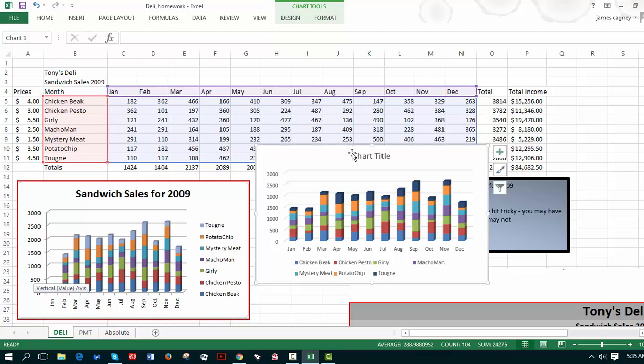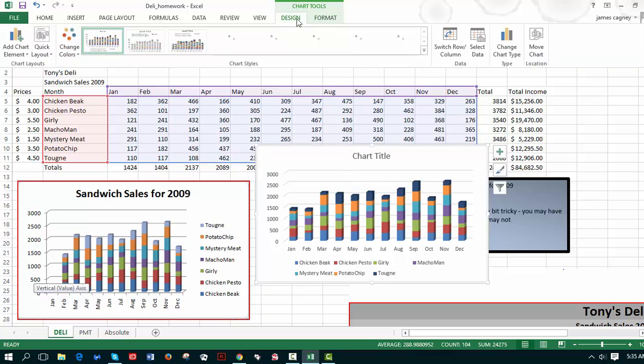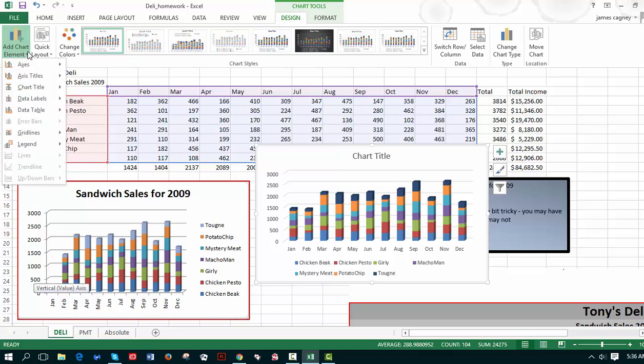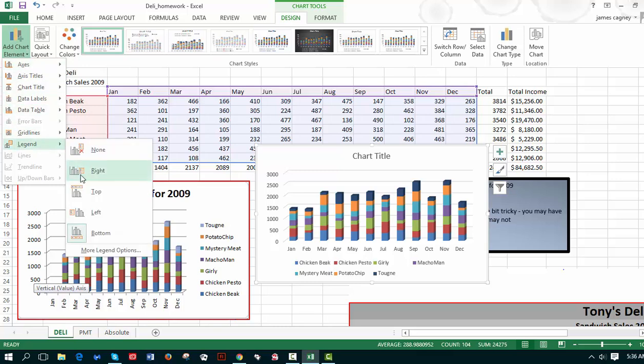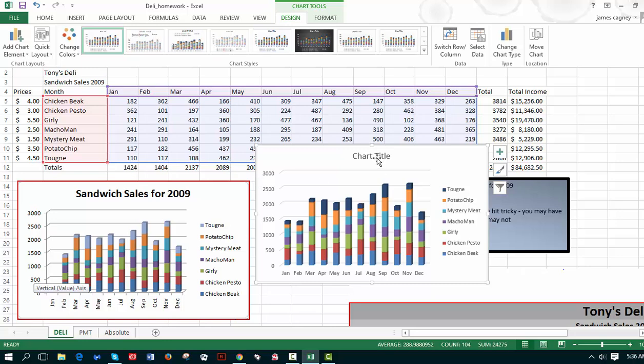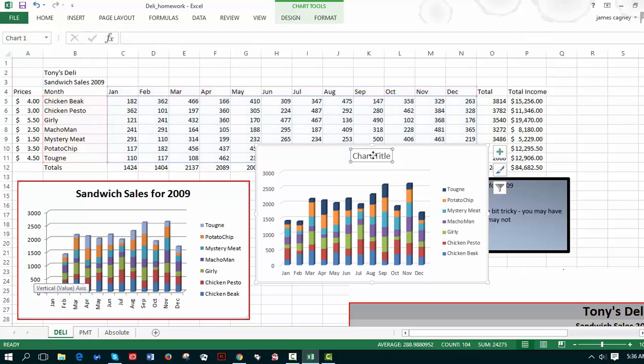Pretty much. A couple little things I could change here. I could come into Design up above for the chart, and I could move the legend over to the right. See, I've got my legend on the right in my sample, but my legend is down below here. You can modify things by adding chart legend and move my legend now to the right. Add a chart title. Just type in here,